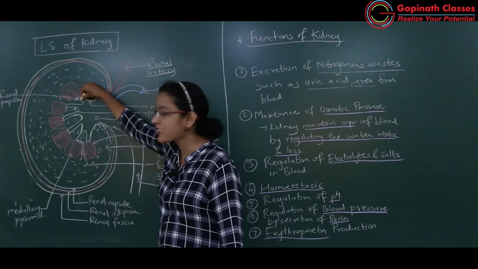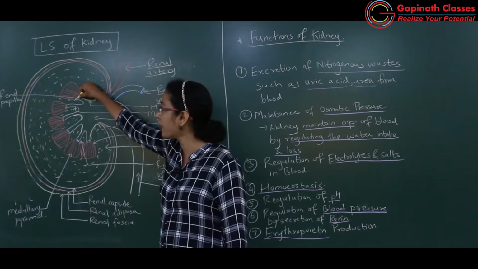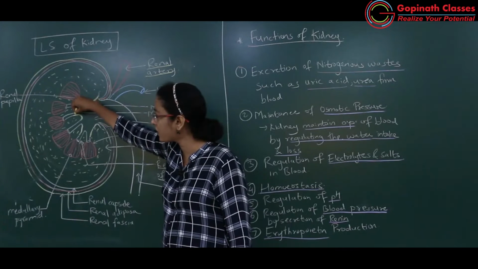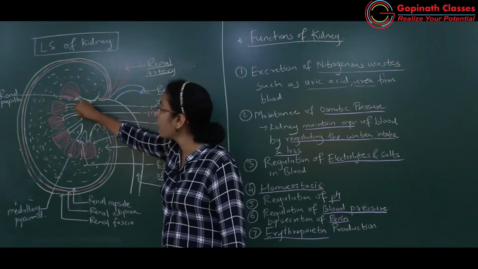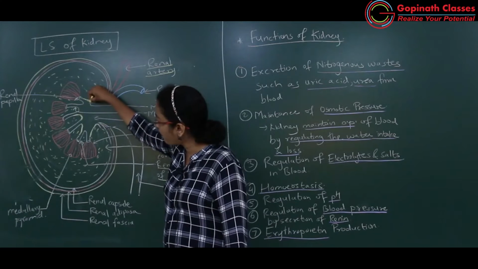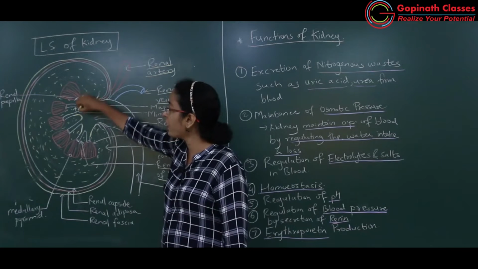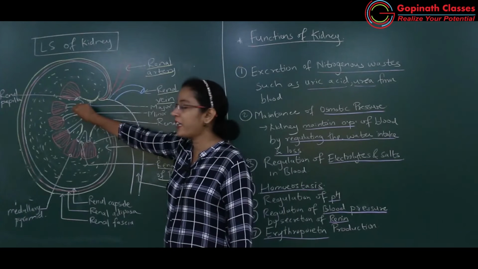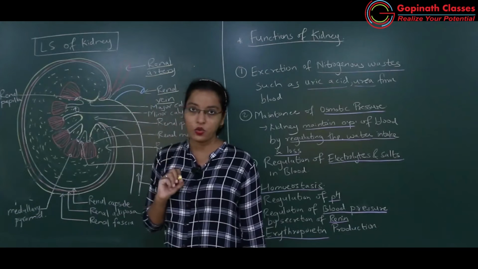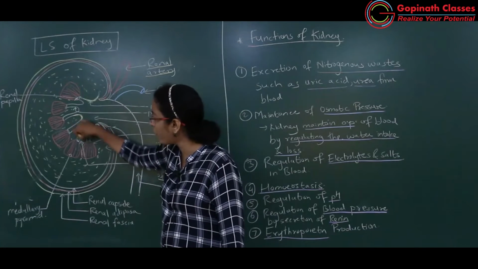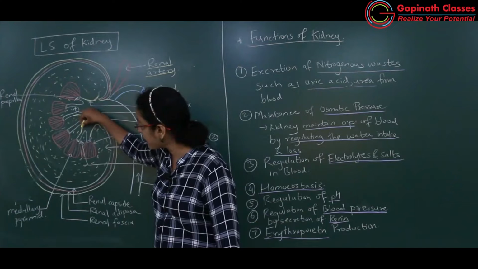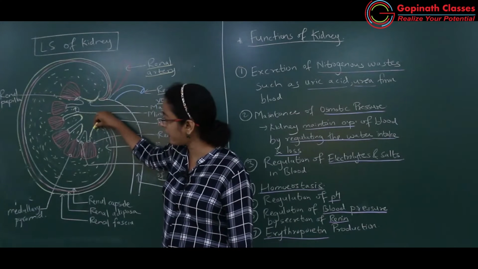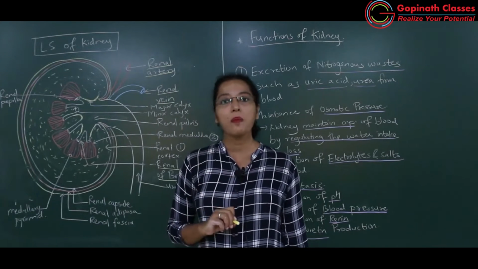So look at this. This is the renal papilla which is opening in the minor calyx. So this is one minor calyx, this is another, this is the third one. So these three minor calyxes will combine or else fuse, and they will lead to major calyx. So major calyx is formed due to joining of the minor calyxes. Okay, so likewise you can see in the medulla part many minor calyxes and many major calyxes also. Okay, so these are the major calyxes which are formed due to joining of the minor calyxes.